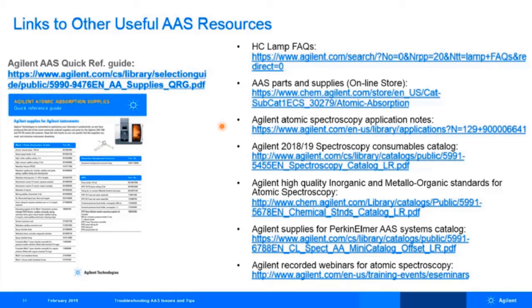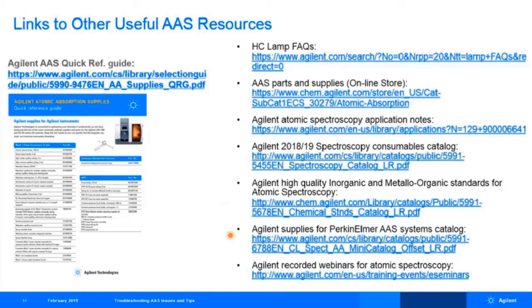It includes links to the Agilent atomic spectroscopy application notes and catalogues covering the range of consumables for atomic absorption, but also the range of standards that we offer as part of our range of certified reference materials.